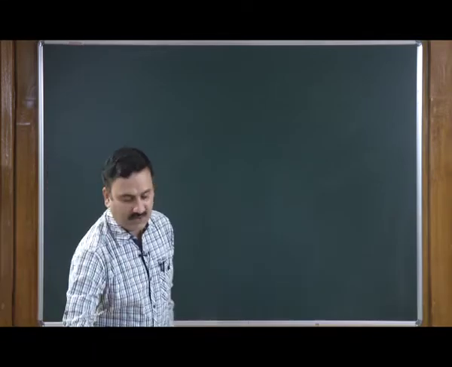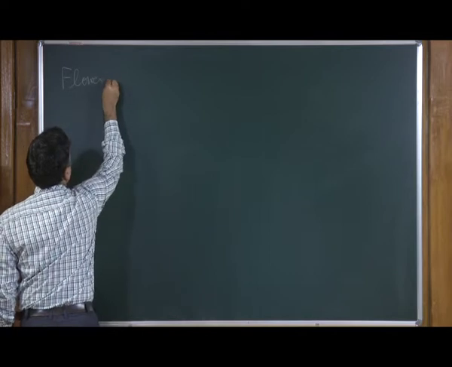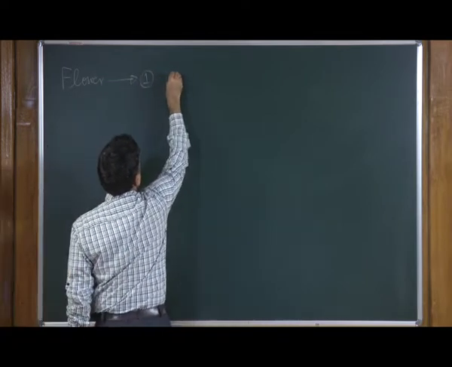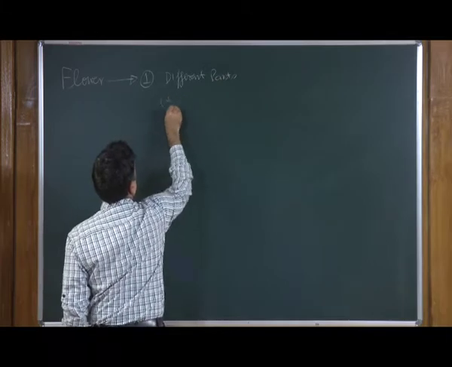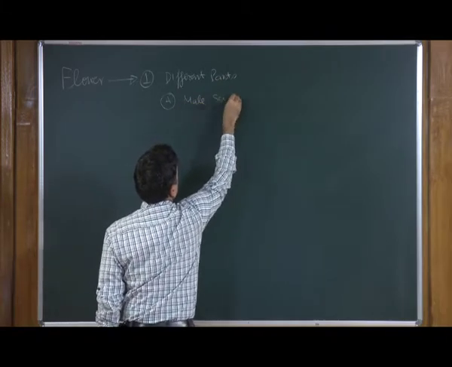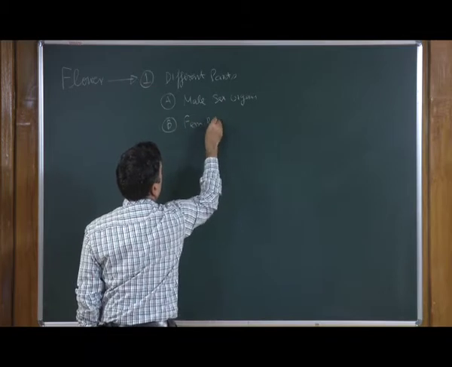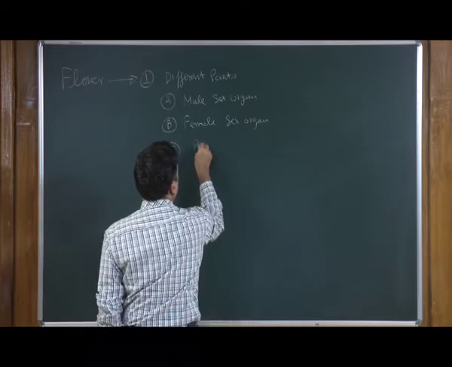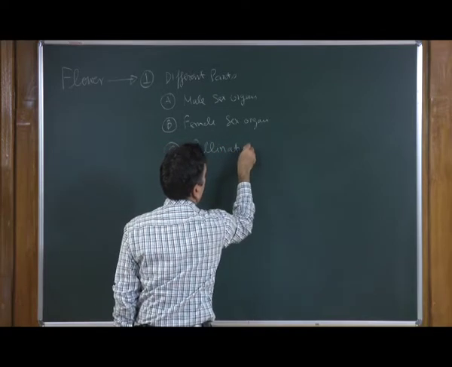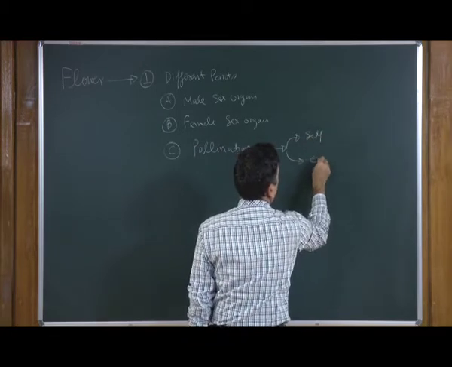Let's continue our discussion about sexual reproduction in flowering plants. So far, we have discussed the flower, its different parts, mainly the male sex organ and the female sex organ, and we have also discussed the different mechanisms of pollination, which is either self pollination or cross pollination.